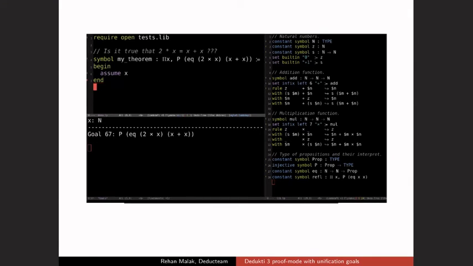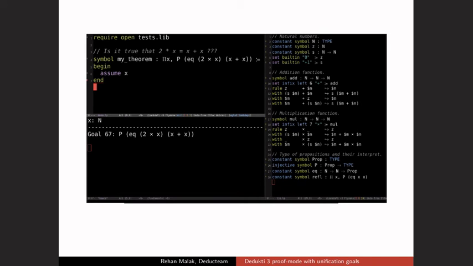We have to destruct the product indexed by x. So we introduce x thanks to the assume tactic. You can see that there is now a goal buffer in Emacs. Deductive free infers the type of x. It is a natural number and it is put in the hypothesis above the dashed lines. And the goal has changed compared to the initial theorem.